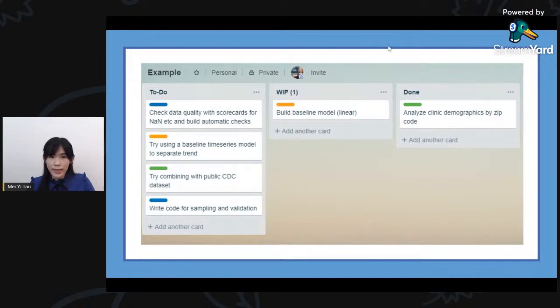You can see that this example has To Do, Work in Progress, and Done. These are the things that you can monitor. What are the things I need to do if I have a data quality project or a data analytics project? I need to check the data quality, work on the baseline, and see whether my model needs to be refined. You can list these down and collaborate with your team members. And then with the WIP, work in progress, what are they currently